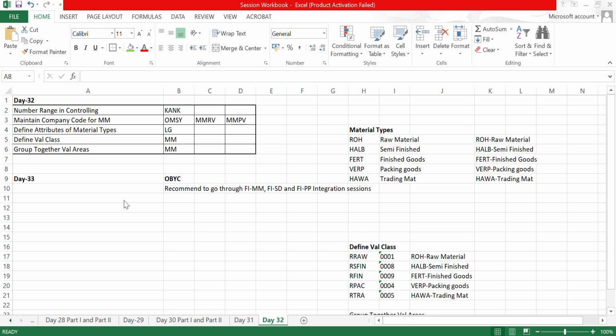Good morning, everyone. Let us start with day 32 of our regular SAP FICO session. Until day 31, we have completed the baseline configuration of FI and CO. From today onwards, we will start with the business configuration, business process configuration, wherein